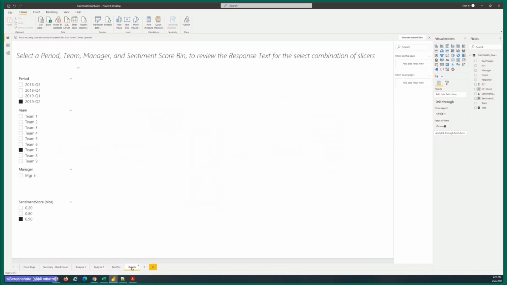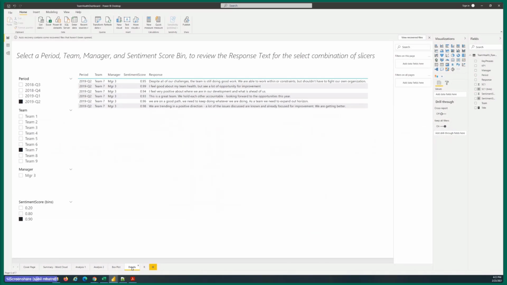Okay, so the next visualization I'm going to show is the details page. And this is where, after going through the first few pages of visualizations, your user, your HR analyst, or your manager might now be interested in taking a look at what are the most positive comments that they see in the team health for their particular team, maybe in the latest quarter.